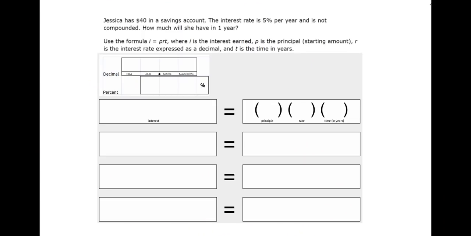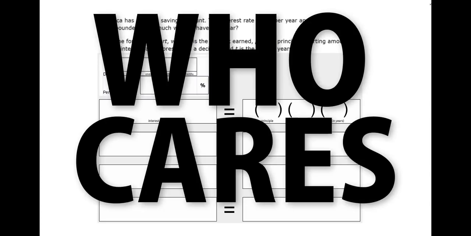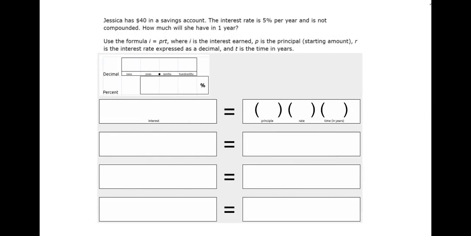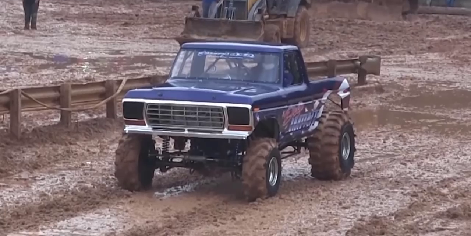Simple interest is nothing more than a quick method of calculating interest on a loan. So what does that mean to a 7th or 8th grade kid? You don't have a loan from banks, right? Well, it's something that you've got to learn because you're going to eventually have a loan for a car